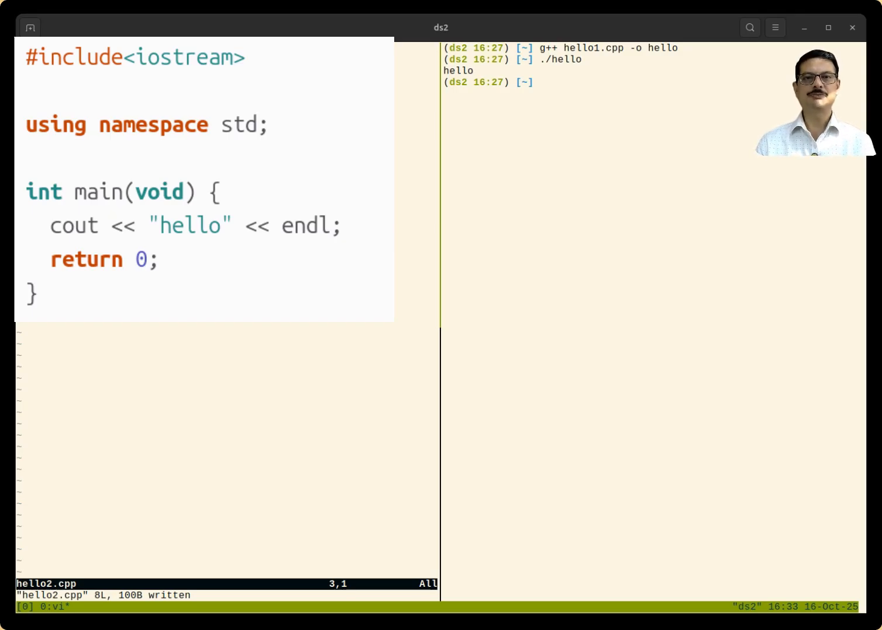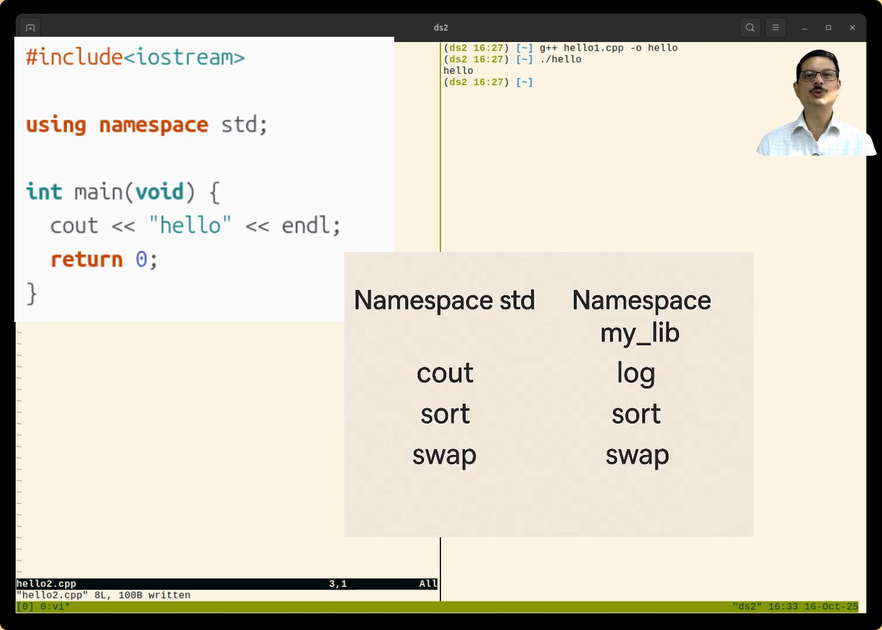Think of a namespace as a family name. It helps identify which version of something you mean, especially when two things have the same name in different libraries. The letters std stand for standard. It's the name of the namespace that holds all the basic features of the C++ standard library. Things like input and output, cout, cin, strings, containers, and several algorithms. So when we write std::cout, we are saying use the cout object that belongs to the standard